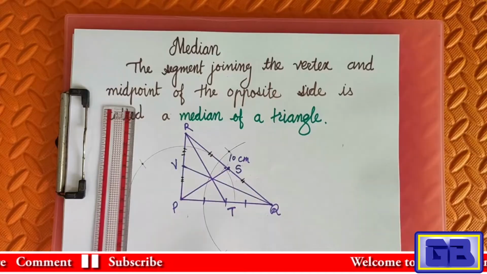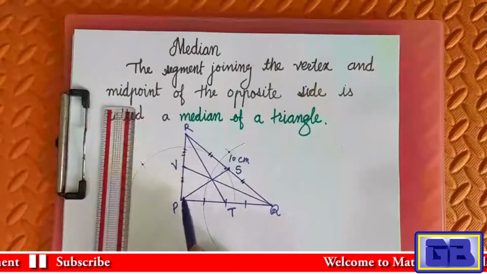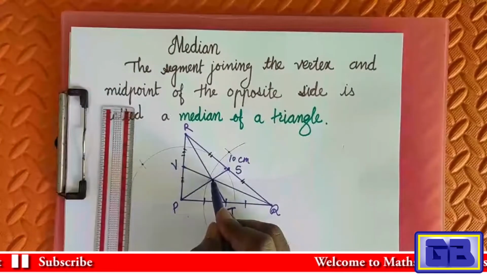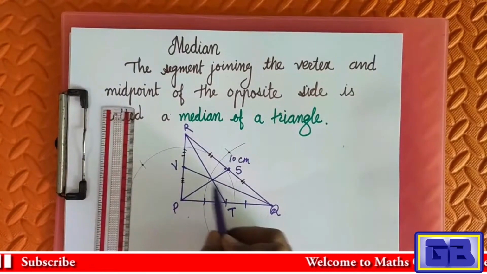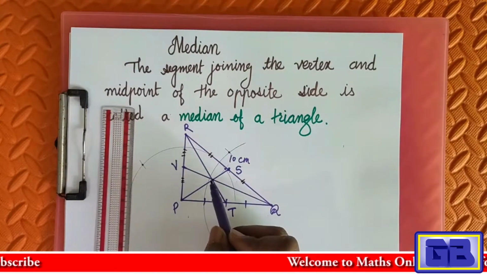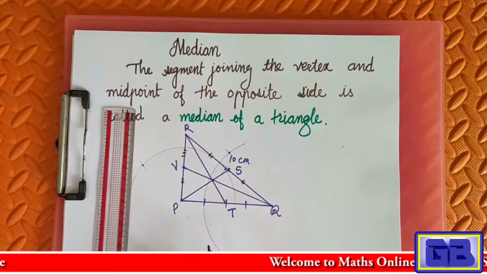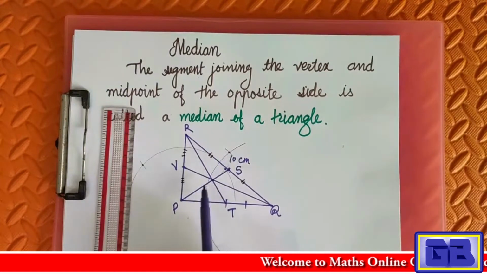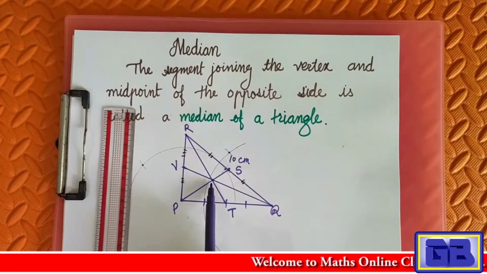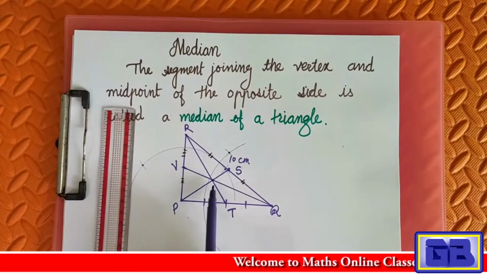Sir, the fourth lesson is a small topic. In that only two concepts are there. One is altitude and the second one is median. Now in the same way, if you observe, all three medians are passing through a single point. If in your figure they are not passing through a single point, it means your construction is not correct. All three medians should pass through a single point. Those medians are called concurrent segments, and that point is called the point of concurrence,